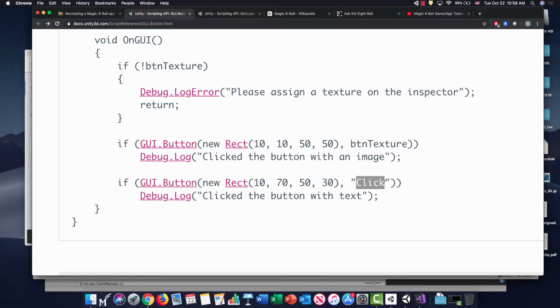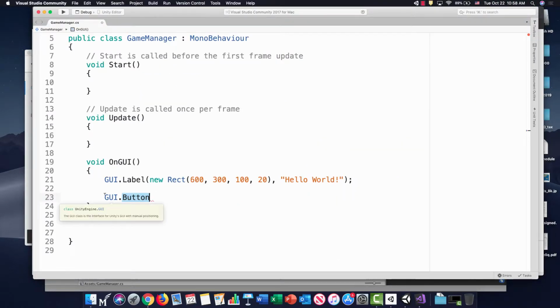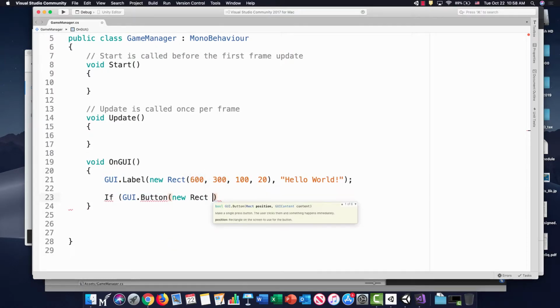And if this is clicked, this will be executed. So let's do this: if GUI.Button, new Rect, I'm going to put 300, 300, 80, 40,